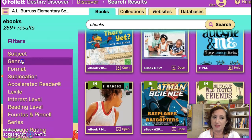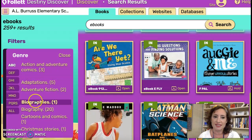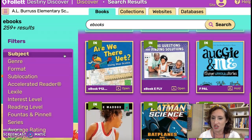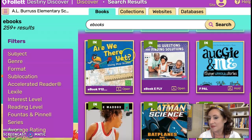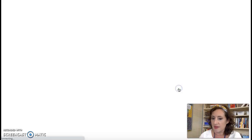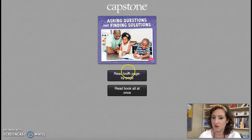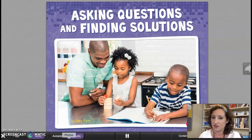You can even do it by subject or genre. We have several different ones. We have a couple action and adventure ones. We don't have a huge collection of ebooks, but it is definitely something that you can check out. So if you see one that you're interested in, you can click on it, go to Open. You can read page by page or all at once. And if you don't like the sound, you can click down here and click this little button that says Audio